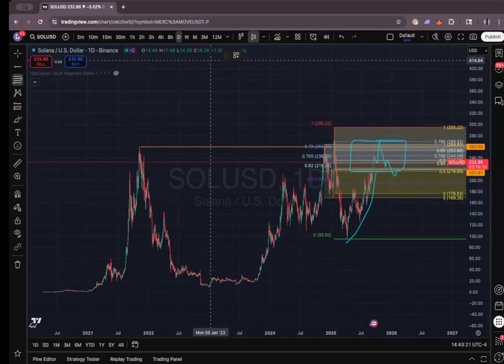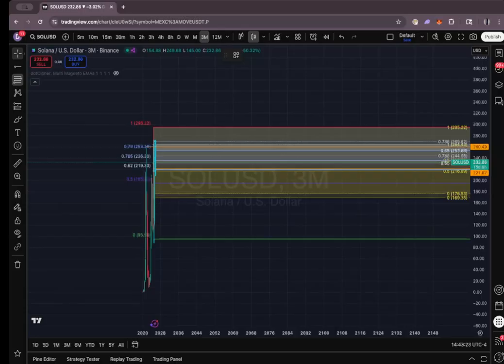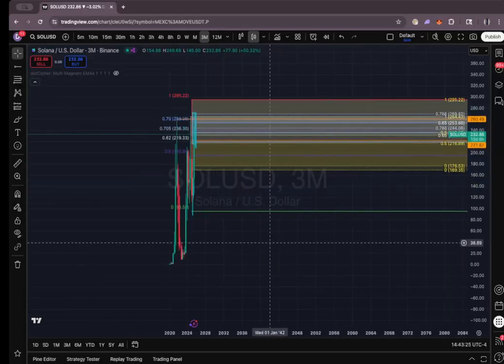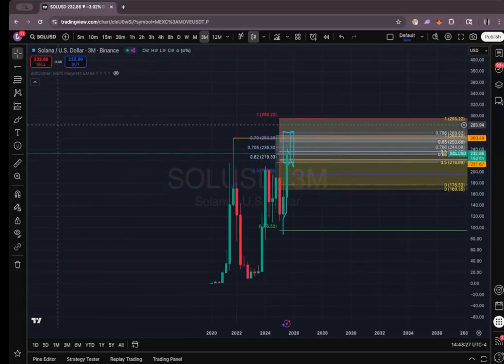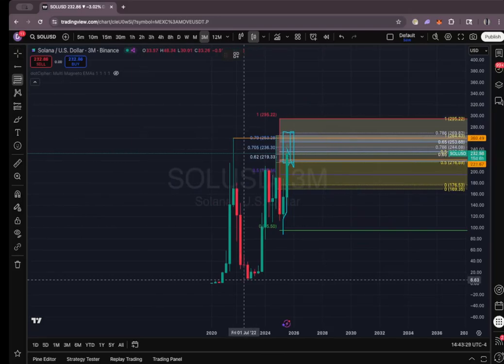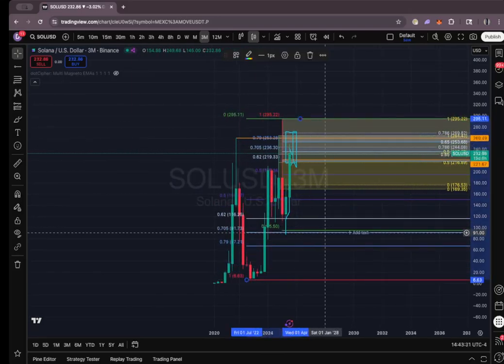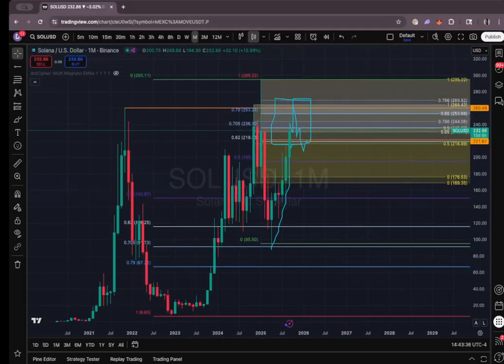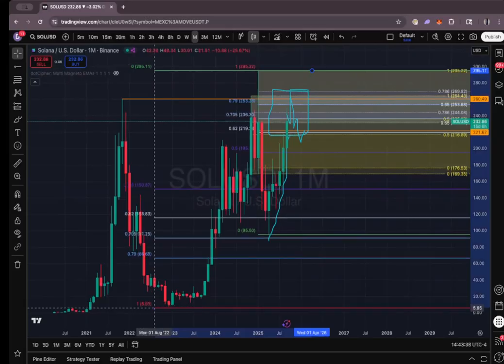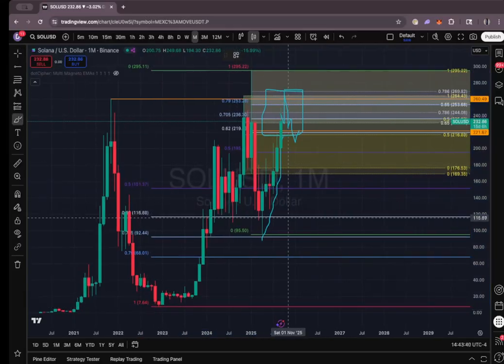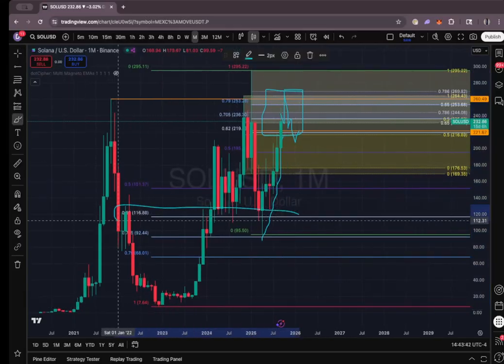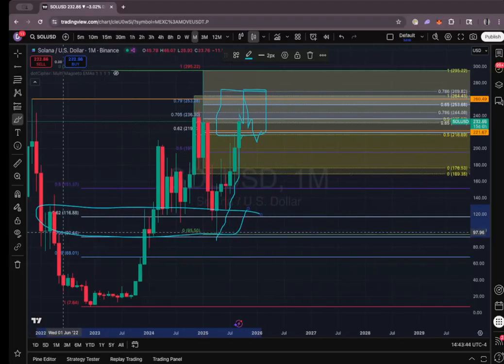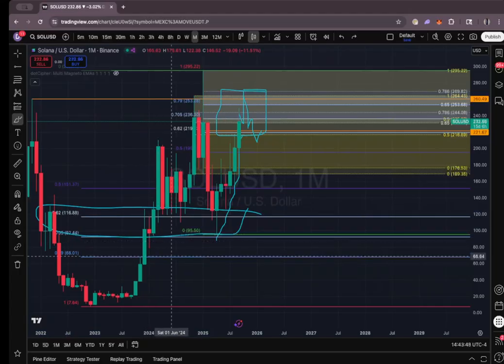From this low on the quarterly, yes, I'm gonna go on the quarterly, and I'm gonna show you what I'm talking about here. I'm not trying to mess with you guys. This is the low, right? This is the high. And we look at the extension from where we retested it. We've only retested one level, the 6.2. We didn't even test the 705 yet. We didn't even test this 705 right here. And we didn't even test the